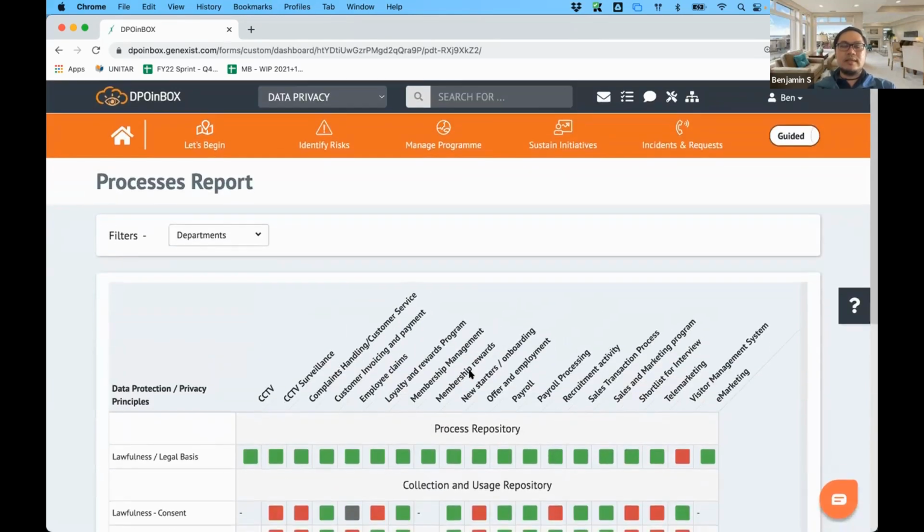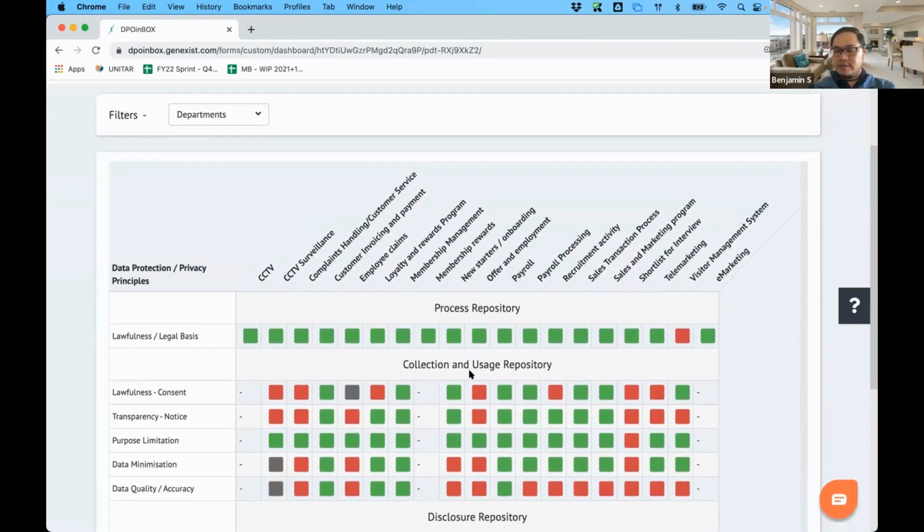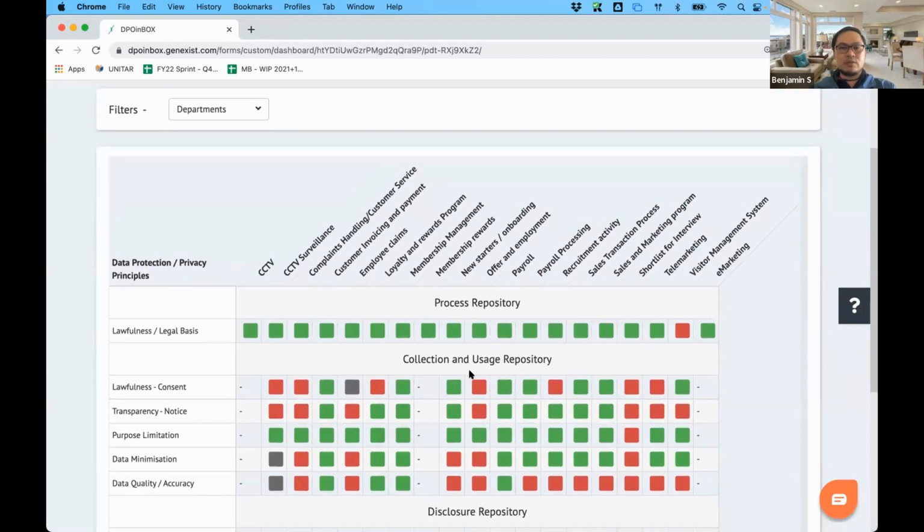So in short, one of our clients used DPOinBOX to document all the business processes within the organization. Initially, the head office had already pre-identified 33 business processes that touch personal data. By the end of the exercise, the whole committee had identified an additional 30 business processes that touch personal data.